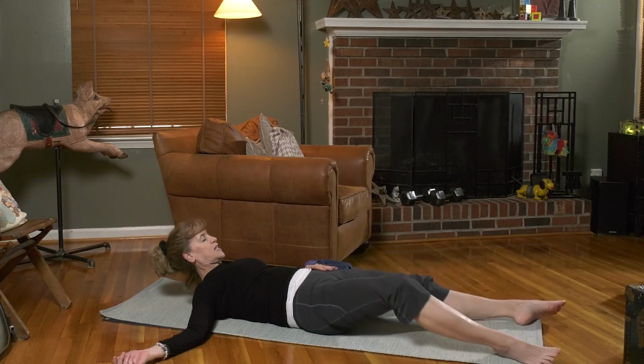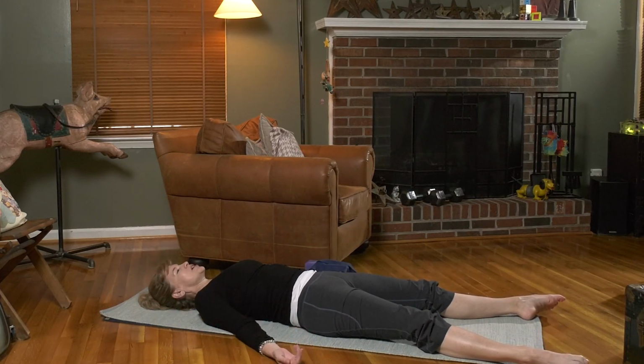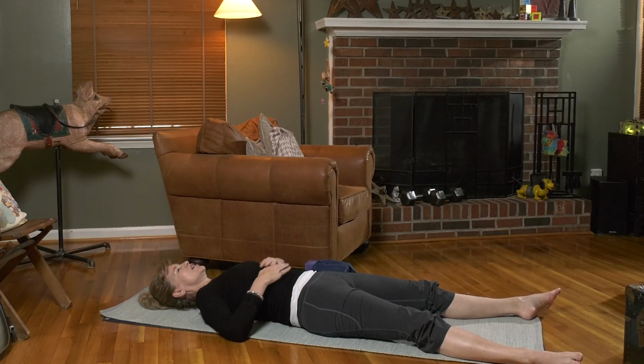Very nice. So let's extend both legs down and out along your mat. And you can just relax those arms down beside you. Give those feet a little wiggle, shake out those legs a little bit. And again, just kind of notice, how are we feeling? Hopefully we're feeling even-ish right here. Yes, breathe in and out. And in